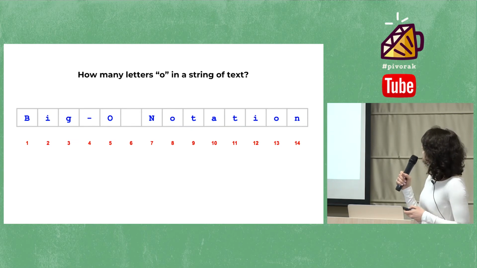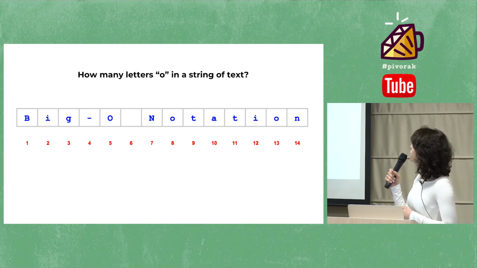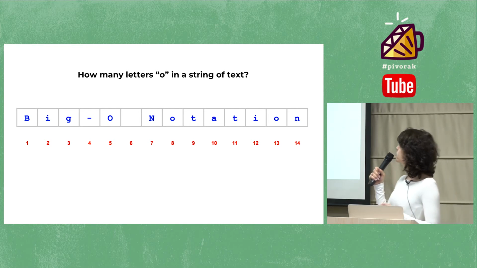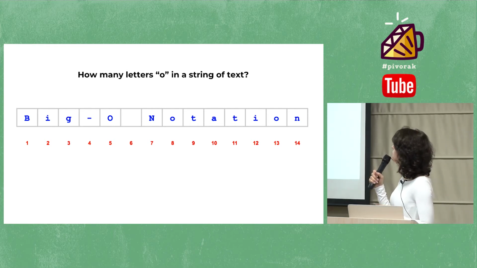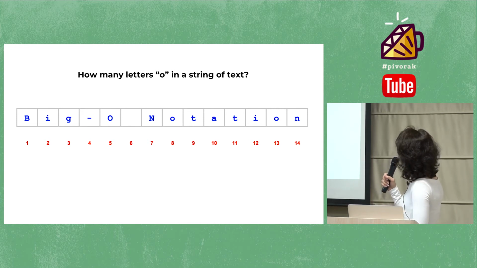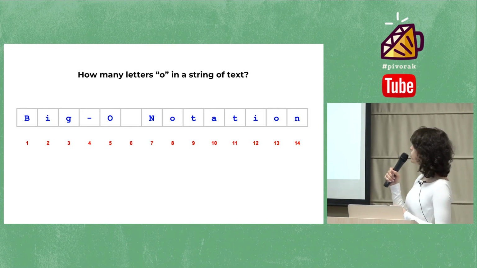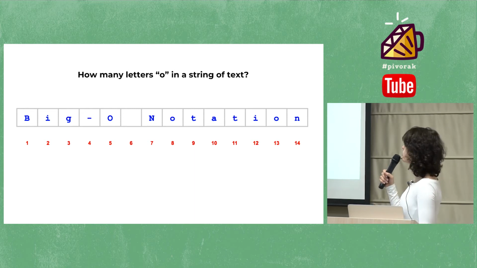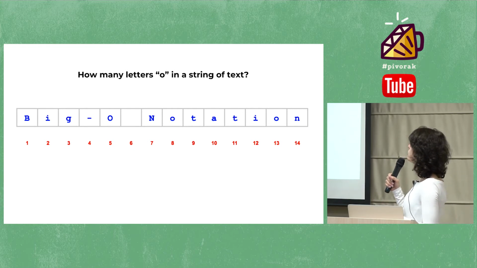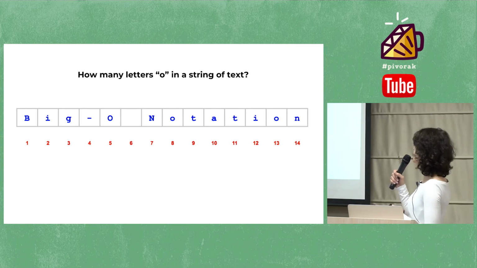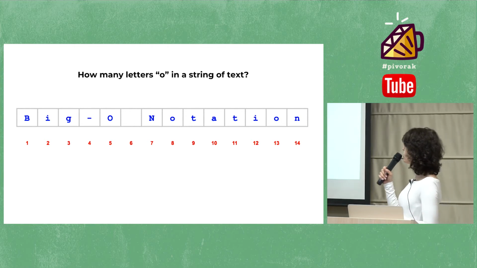So let's say we have a problem, and we are trying to answer how many letters O are in a string of text. So if we had this piece of text that says BigO notation, and we had to write a piece of code that counts how many times a letter O is encountered in the string, we would normally have to go through every letter in the string and check if it's equal to O, uppercase or lowercase. And then if it is equal, then we increment some sort of counter,